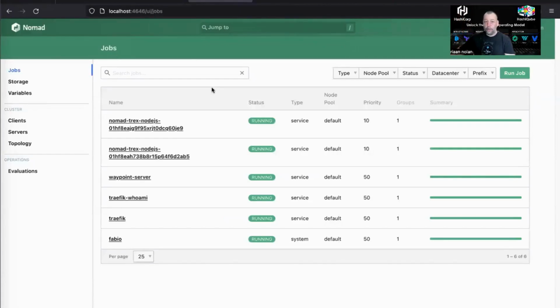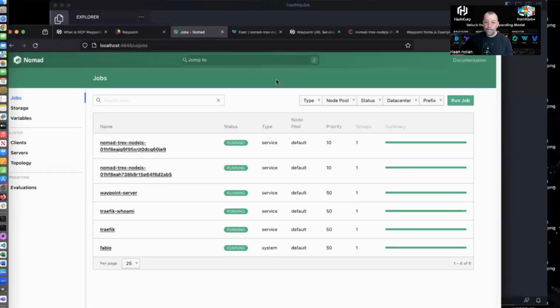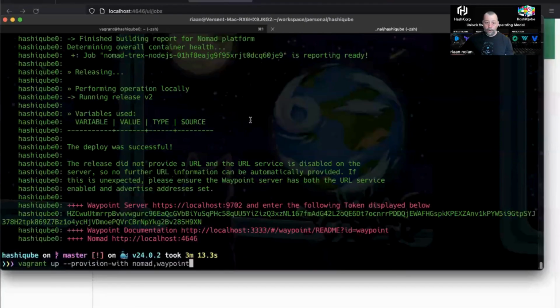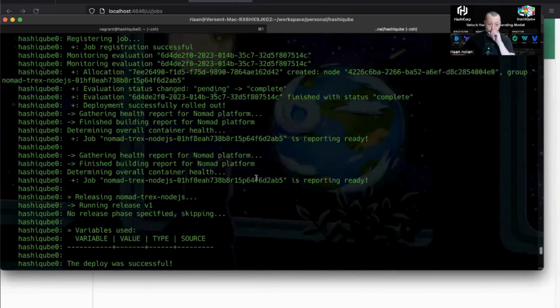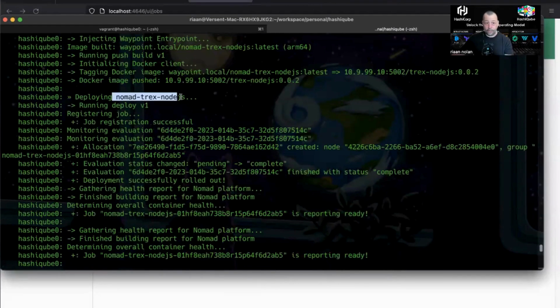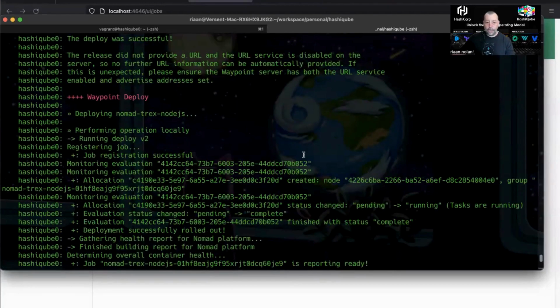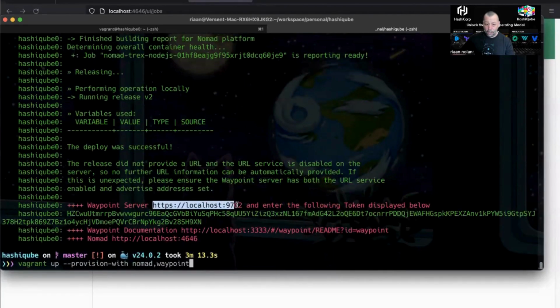and we can also deploy Waypoint on top of Kubernetes. So if we look at the Nomad jobs in the Nomad dashboard, and we go to jobs, then we can see here is a Nomad server, and there's two Node.js applications running here. Now, I've already done the vagrant up --provision-with nomad and waypoint. And what this has done is it has deployed an application for us, and I'll show you where this application is defined. It's on Nomad T-Rex,